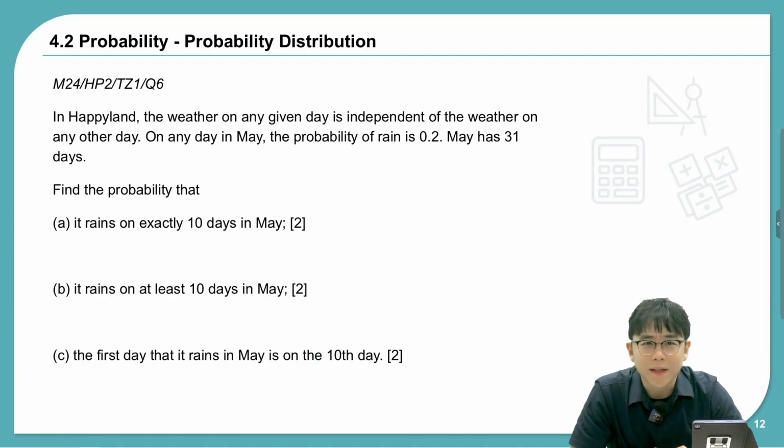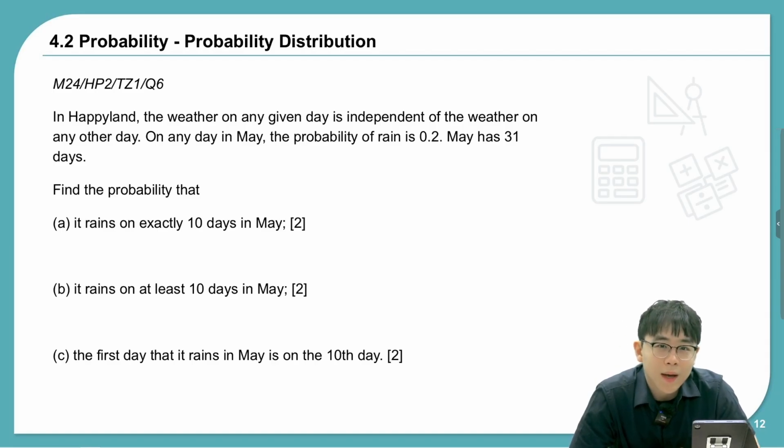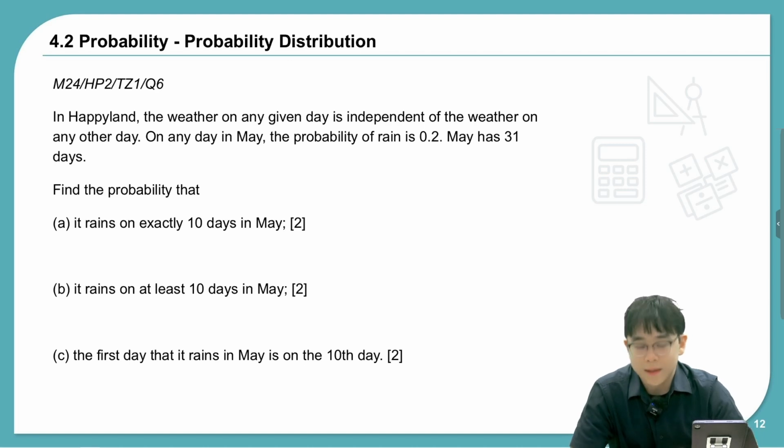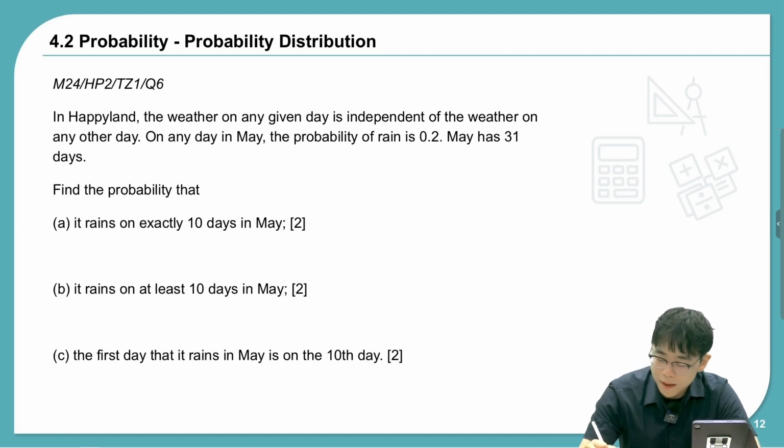So now on to number 6. We have Happy Land, where the weather is independent of the weather on any other day. So we can just multiply probabilities. And on any day, the probability of rain is 0.2, and there are 31 days. Okay, so this is basically a binomial distribution, because if you say X is the number of days of rain that we have